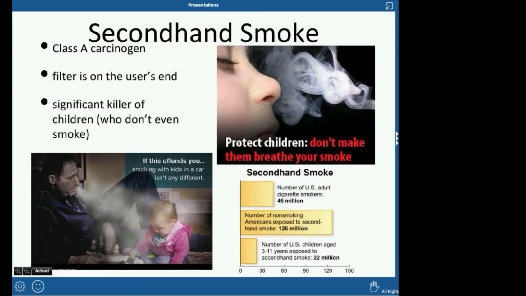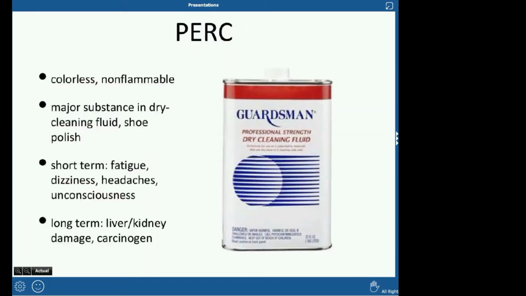I had a friend in elementary school. Her mom smoked a lot, and she smoked in the car with the windows up. And my friend was always absent from school. She had really, really bad asthma. She was always sick, coughing, that kind of thing. And it was basically because her mom smoked. Her mom was slowly killing her. Just really bad.